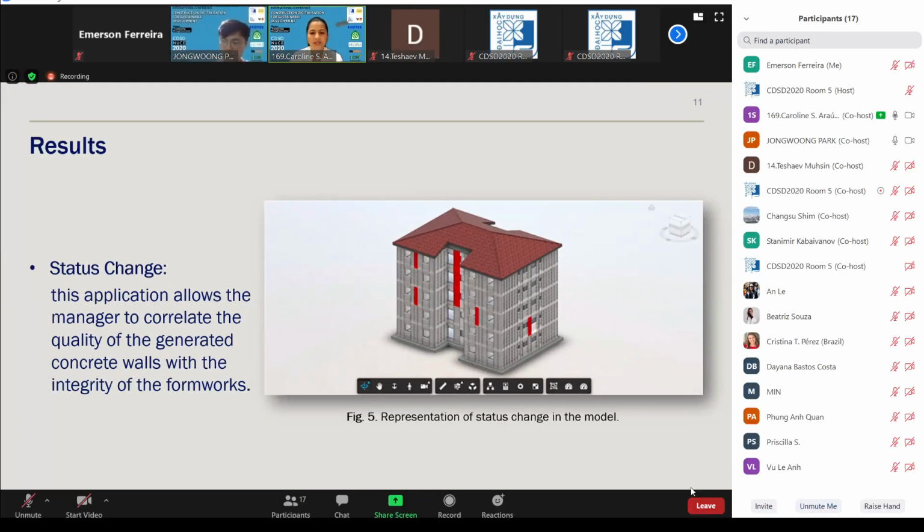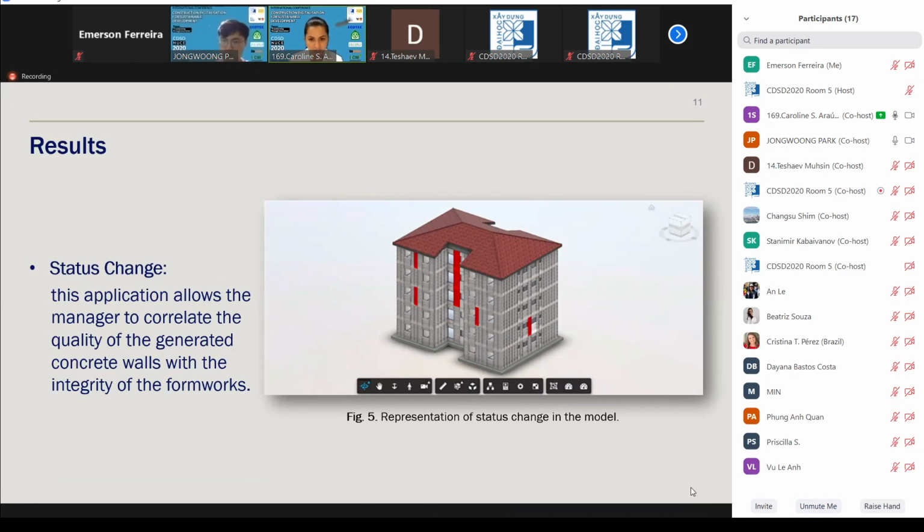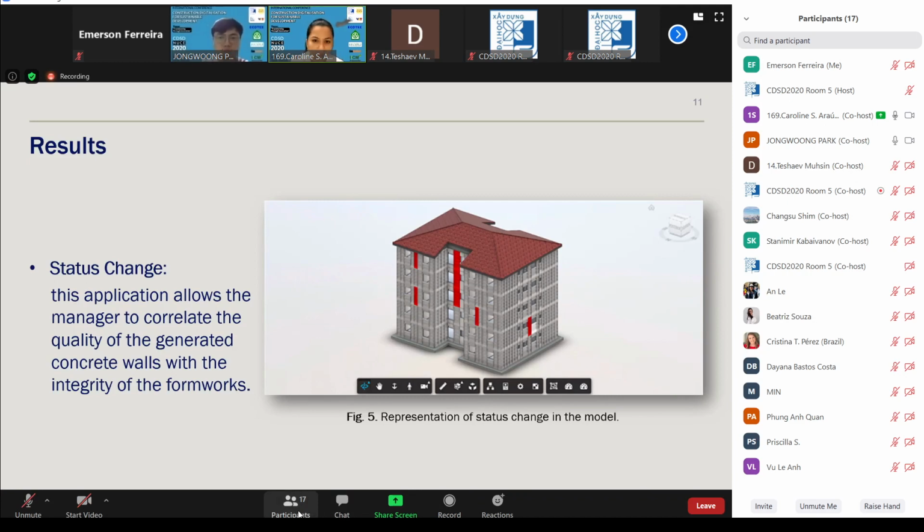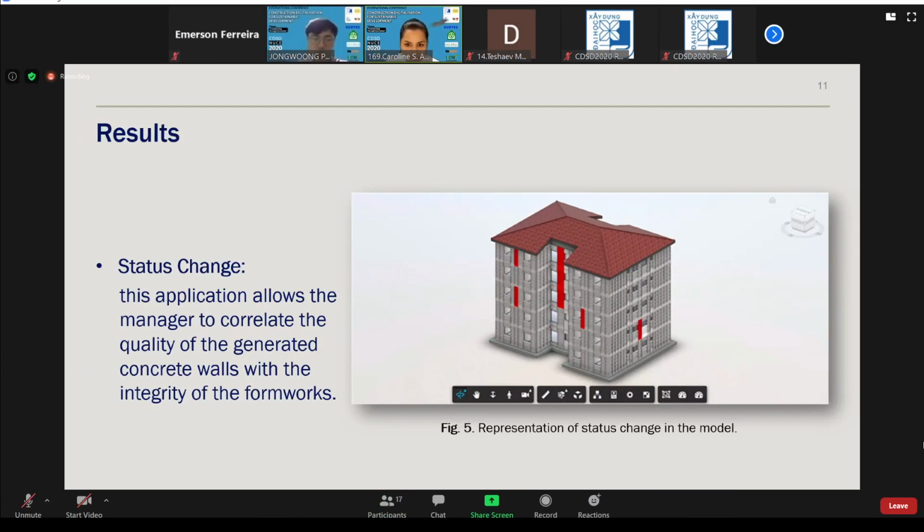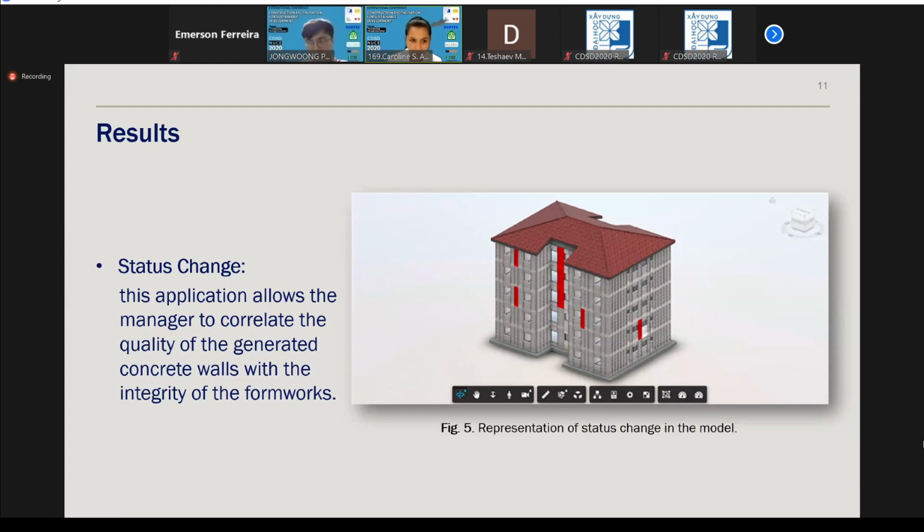And if it presents a defect, but there was a process of maintenance before the assembly, the color will be green. So this application allows the manager to correlate the quality of the generated concrete wall with the integrity of the formworks in a visual way.